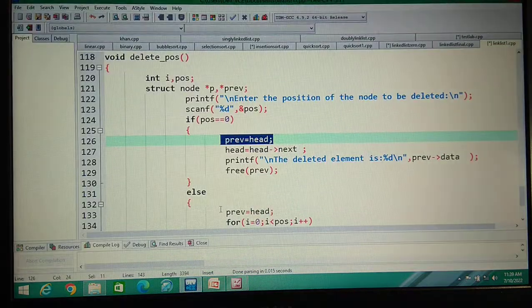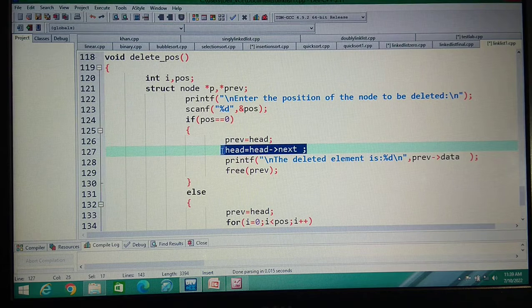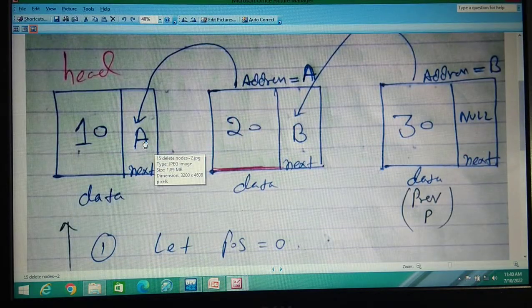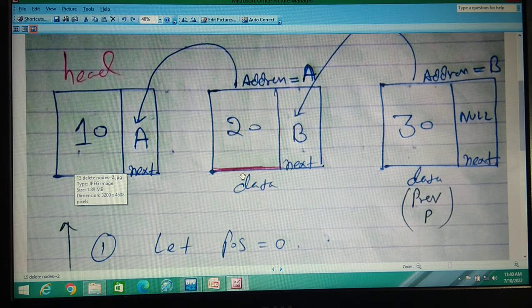The next line we have written is head dot next is head. Head's next is the address of this. Now this is head, then free this one. Don't think about PREB. Done. Only 2 lines we have done.